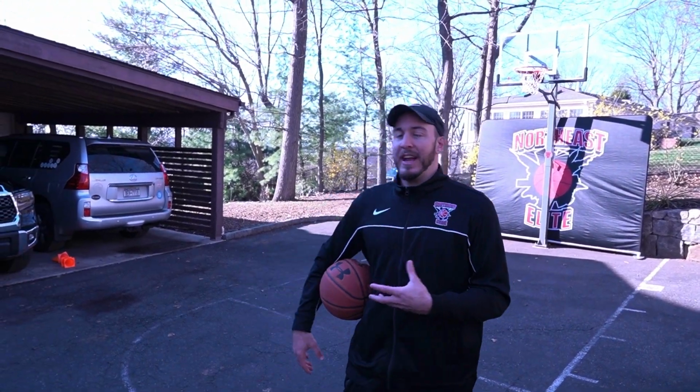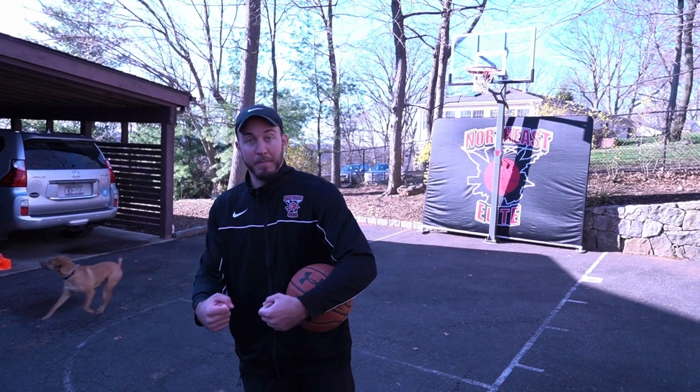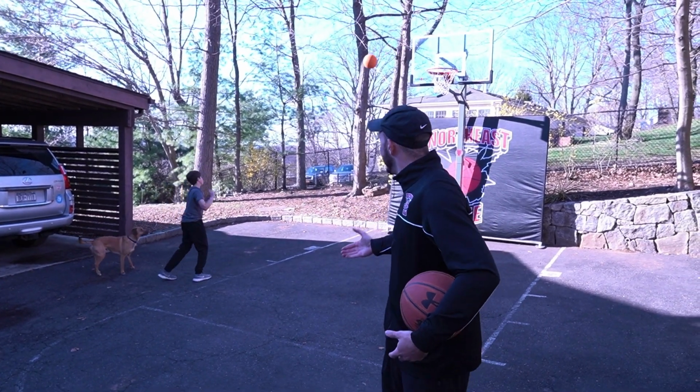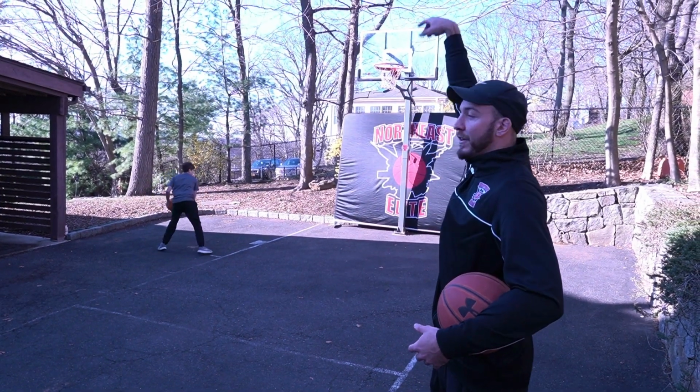Okay, so now adding to the progression, right? We did stationary shooting. We did a little bit of off the move, off a curl. Right, now we can work on moves. Maybe it's a jab shot. Maybe it's a step back. Maybe it's off a flash, right? You're passing the ball to yourself in front. Maybe it's just a whole host of things. You're just visualizing a defender guarding you, and you just work on different moves. But again, I gotta have 10 toes to the basket, 5 fingers to the floor, and that jump shot, hold